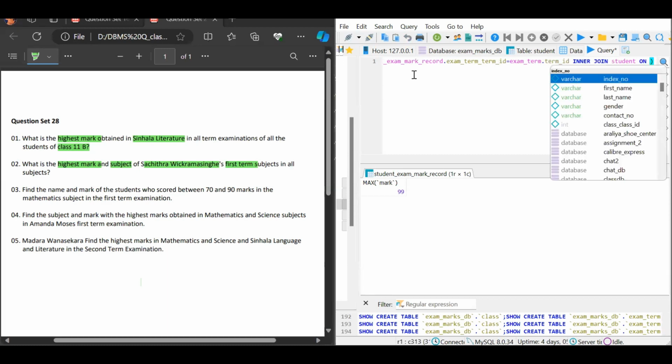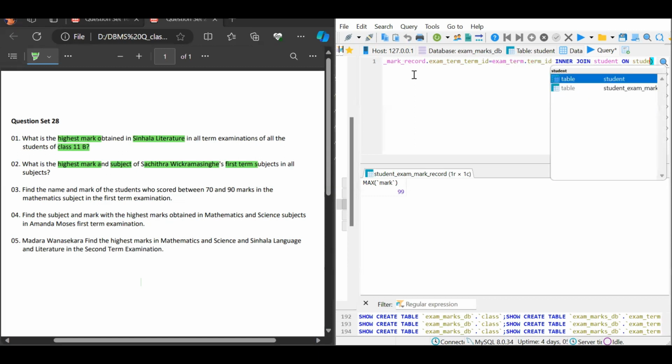from her name. So then student on student exam mark record table dot student index number equals to student table dot the index number. And then at last we can use the where clause, and inside the quotation mark we can give the first name equals inside the quotation marks Sachitra, and we can use the and keyword here, and then inside the quotation mark we can give the last name equals to inside the quotation mark the relevant last